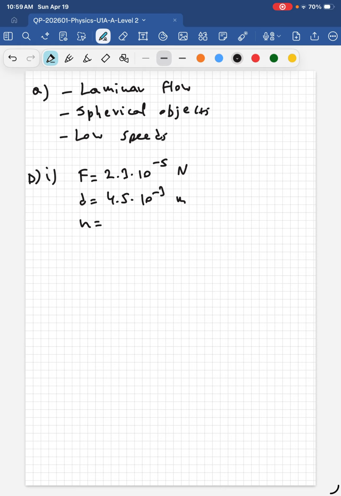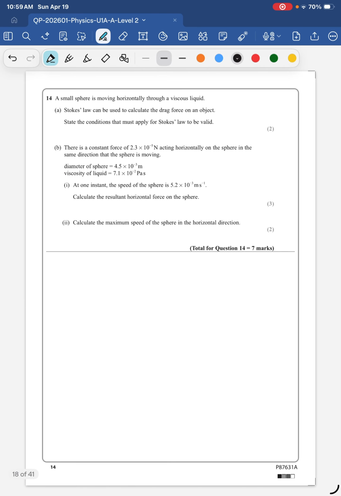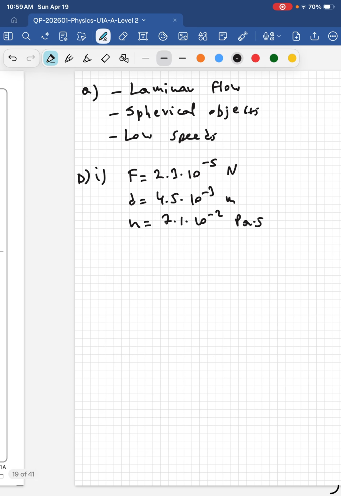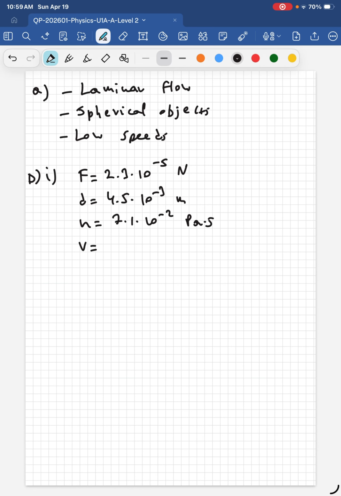The viscosity is 7.1 times 10 to the negative 2 pascals times seconds. And we are told that at one instant the velocity v is 5.2 times 10 to the negative 3 meters per second. Okay, so the Stokes force tells us that Fs is equal to 6 pi